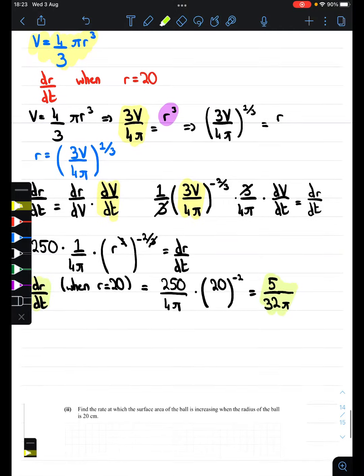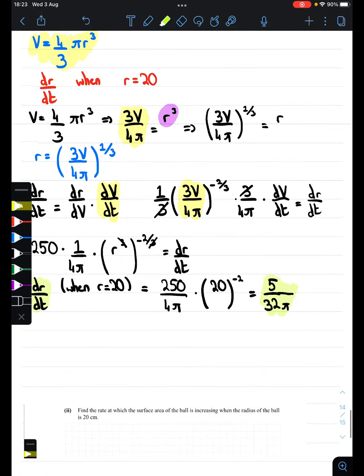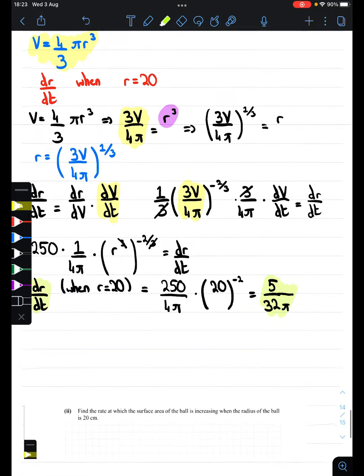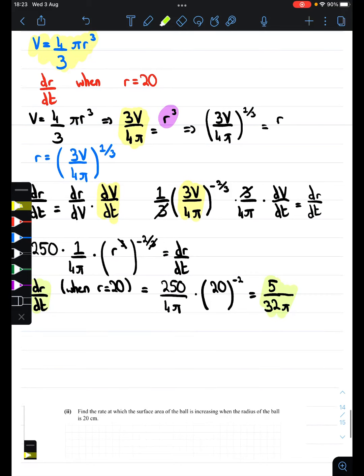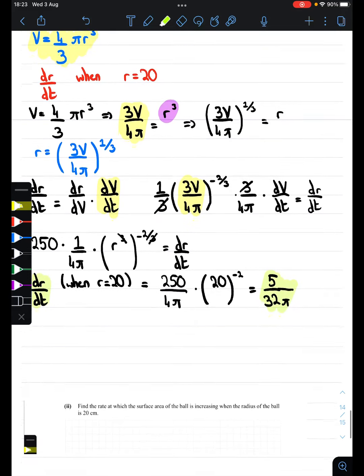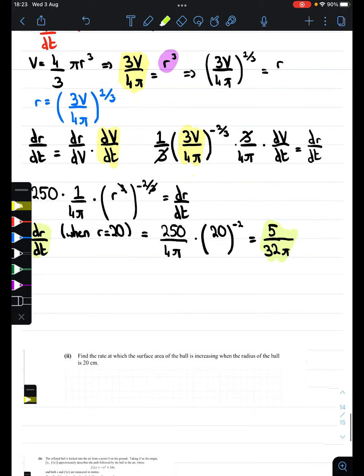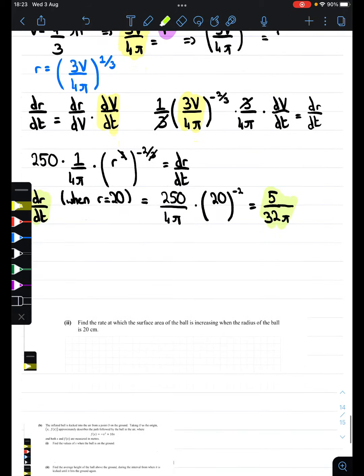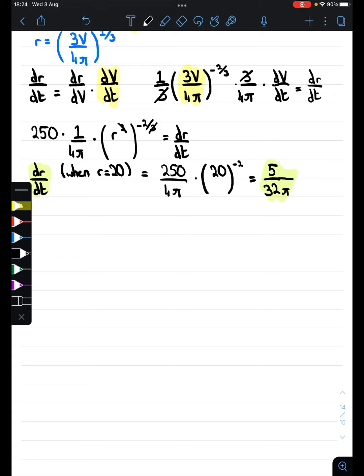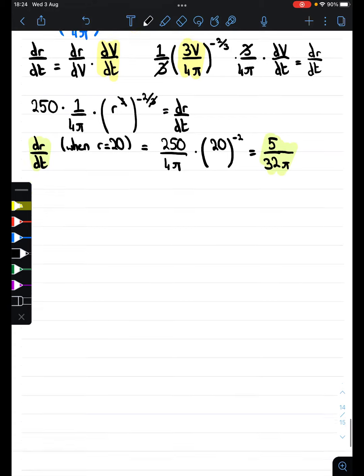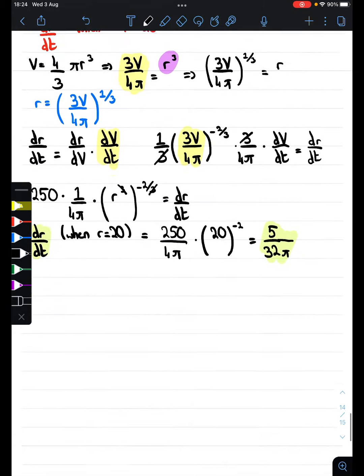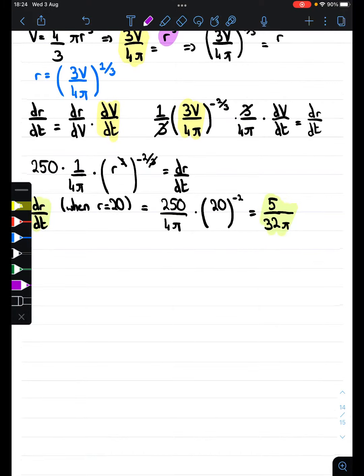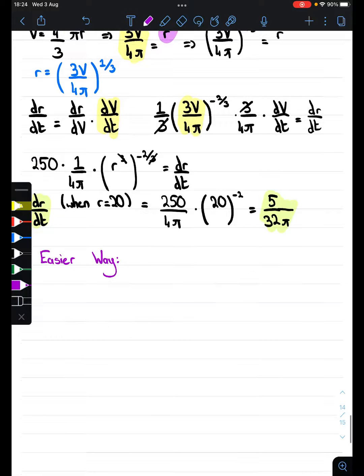Now this is kind of the more simple way of doing it. We get our formula for r and then we find dr dt. But there's actually an easier way that I want to do, because these kind of questions are fairly common. Okay, so let's just outline this. Okay, so again,